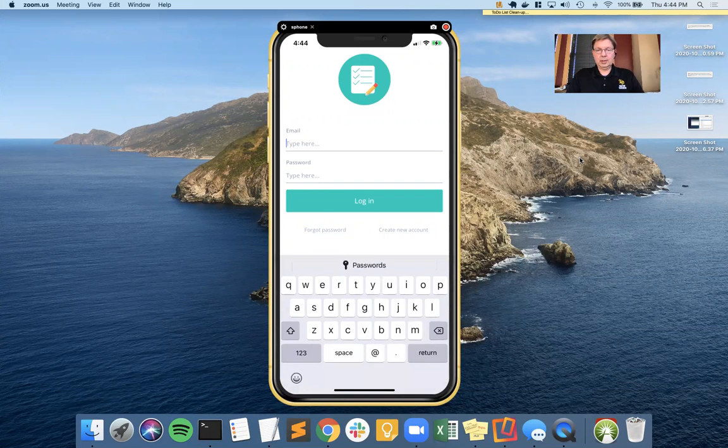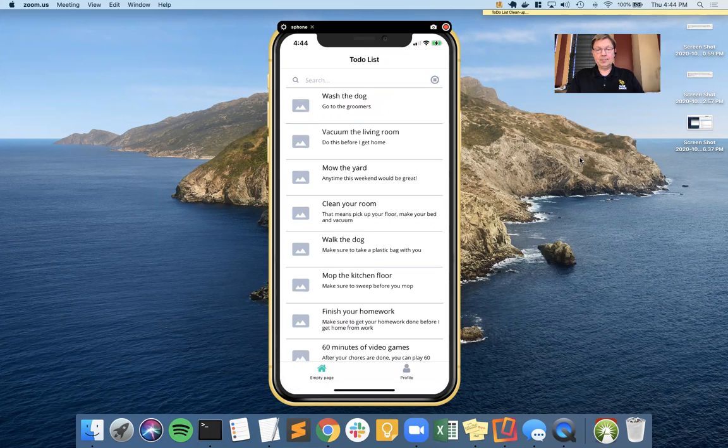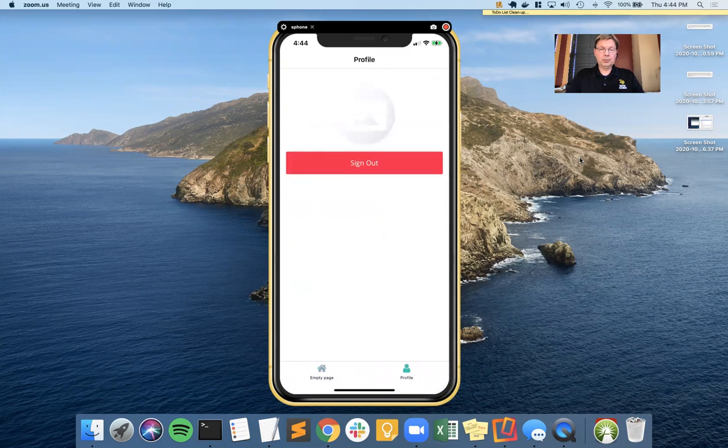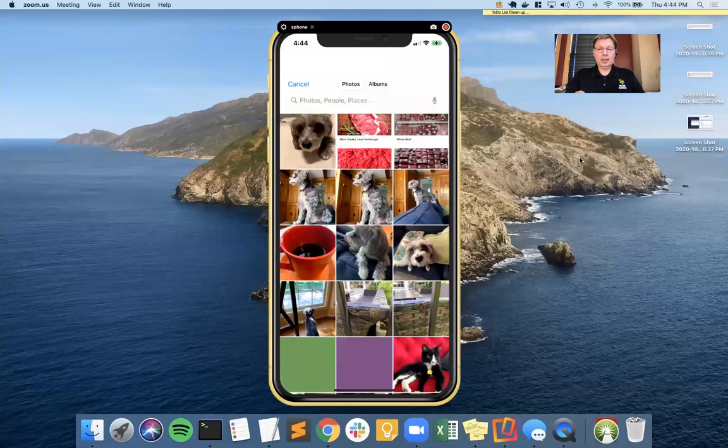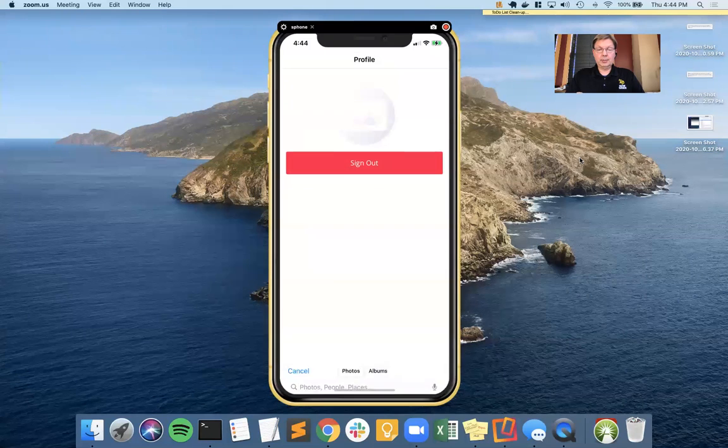So it looks like my token has expired, so we're going to do a couple of things here. I'm going to log back in. Hopefully I'm doing it right. Steve, justfairlabs.com. Do the password. Okay, so if I go to profile and I click on the image and I pick an image file,